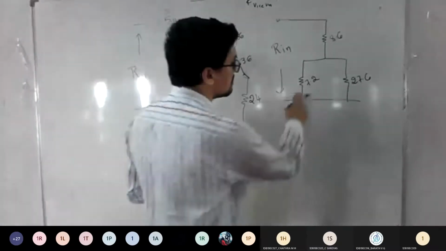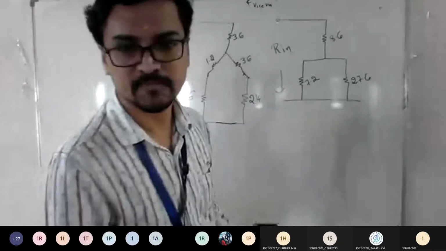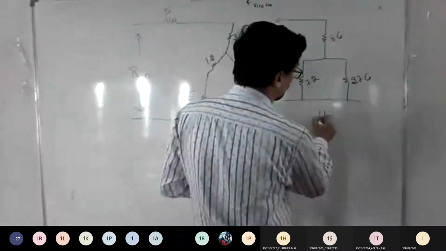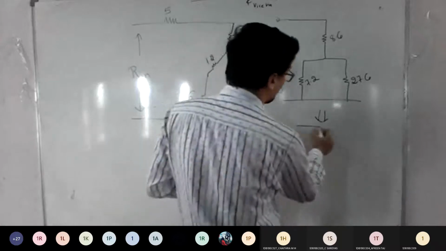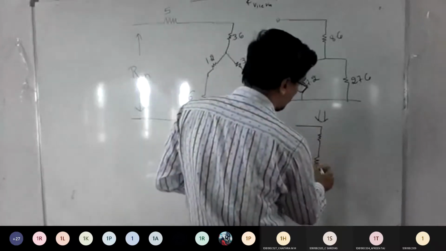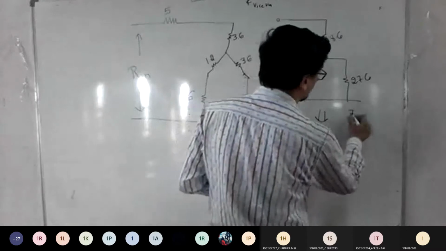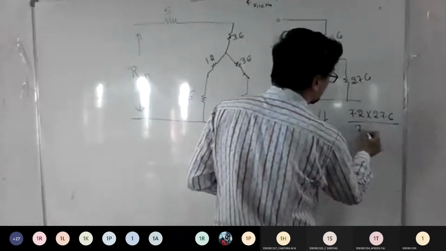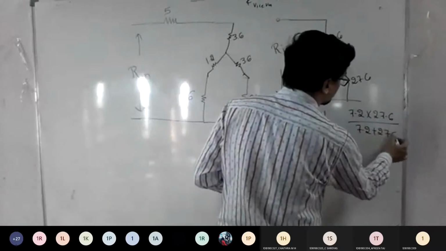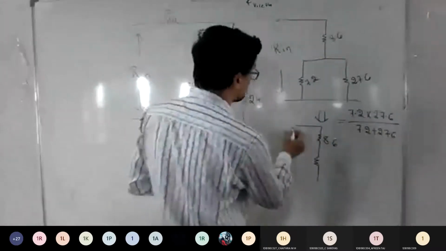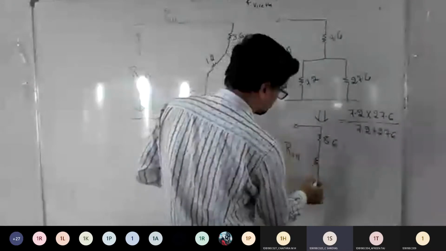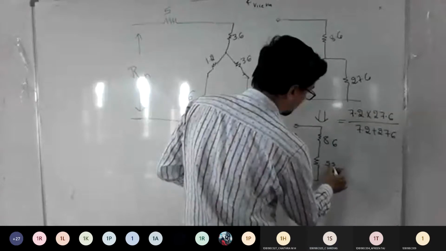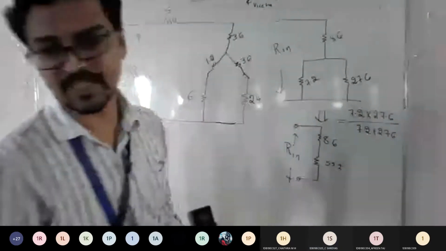So now what is this? Is it parallel combination or not? Yes, sir. So you can reduce further, right? So no need to apply any conversions now. Straight away you can write 8.6 for this one resistor. What is the equivalent of that? So 7.2 into 27.6 whole divided by 7.2 plus 27.6. So the parallel combination. How much? What's the answer? 55.2.